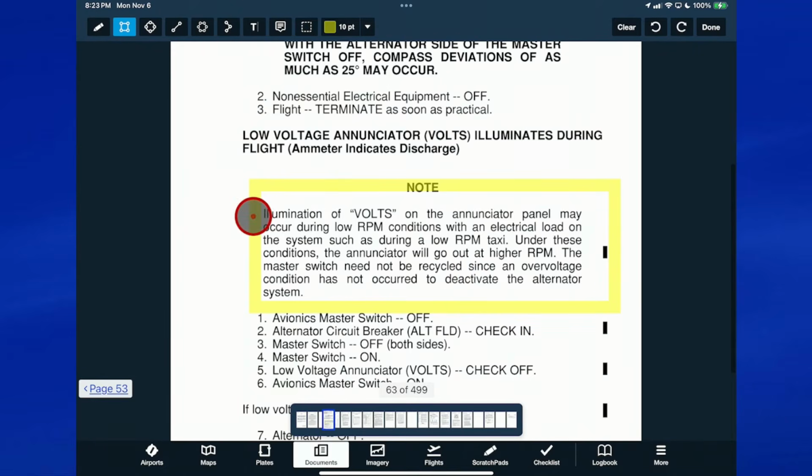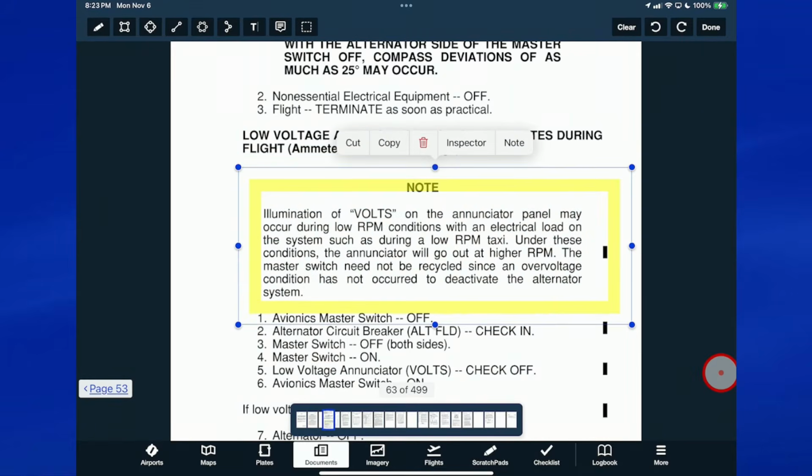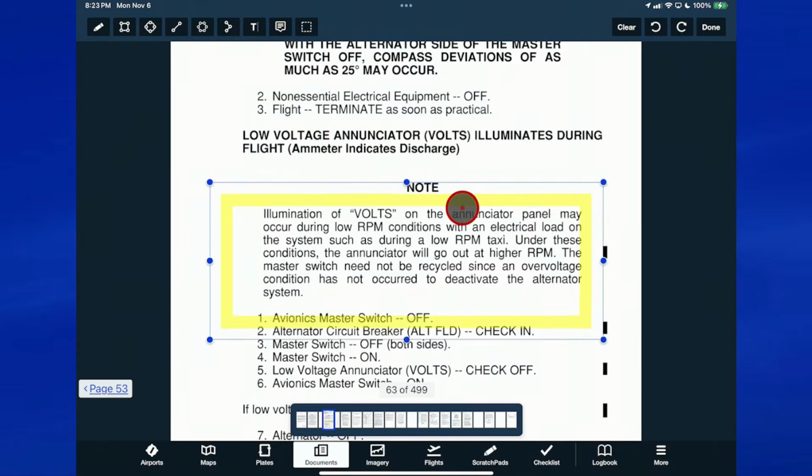I'm not able to click on it because I'm still in annotate, but you can select on this dashed square, which is the selection tool. And I can select this big area here. Now everything in there is selected, and I can either cut, copy, trash, or type a note there, or I can drag it at this point to wherever I want.